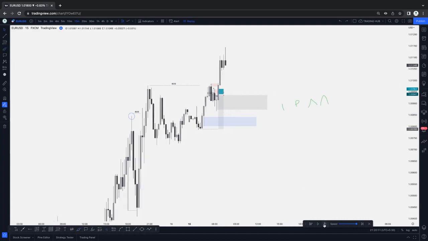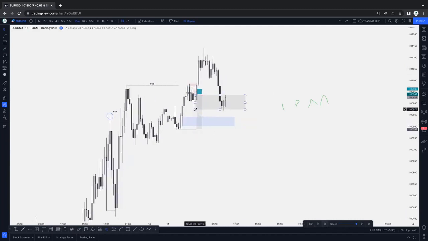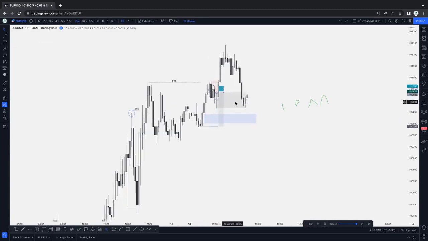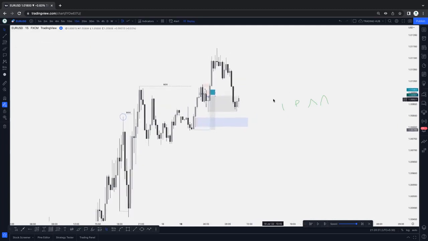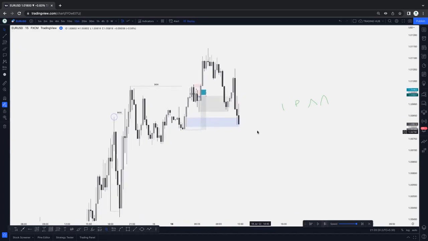So let's see what happened here. Some little reaction here at this point. Why? Because a lot of people are buying here. And then what happened? This demand has failed. It's a smart money demand. Why? Because everyone is buying here and putting the stop loss just below it, and the market collects all the stop losses, and then we can take risk here.